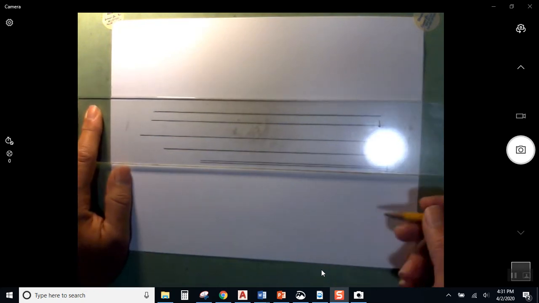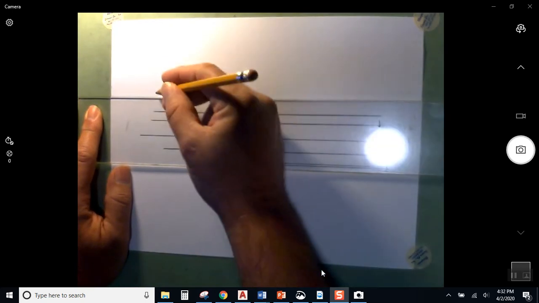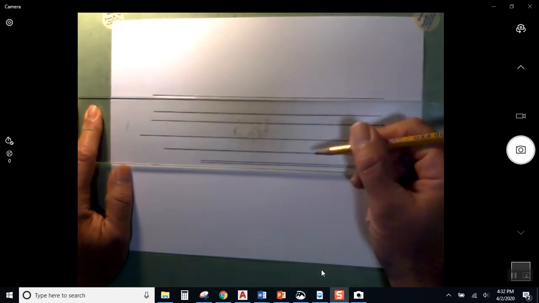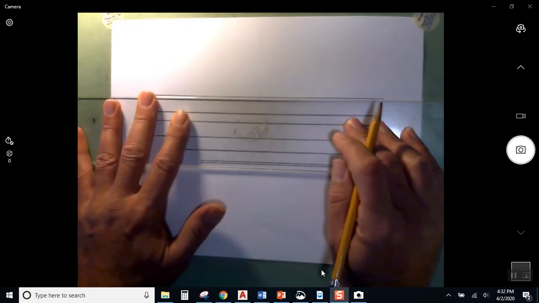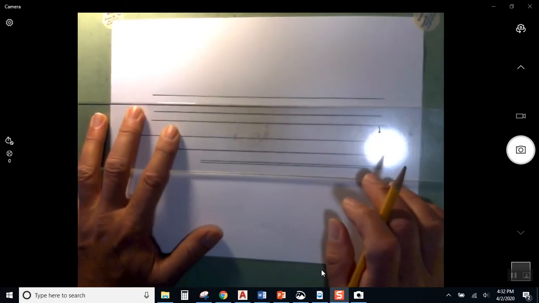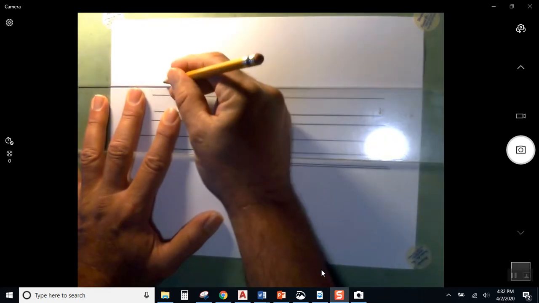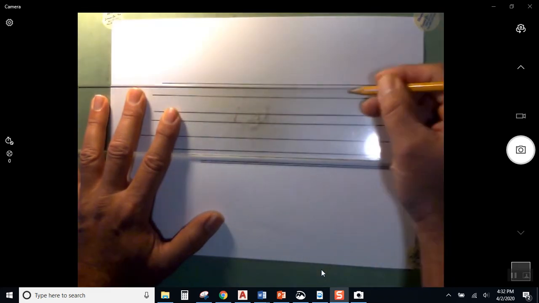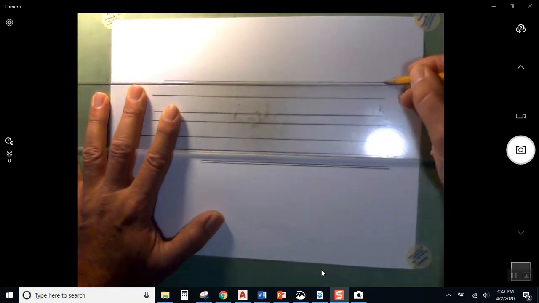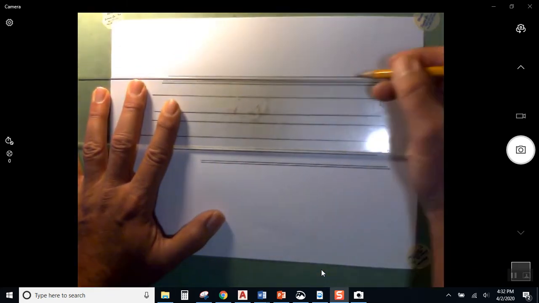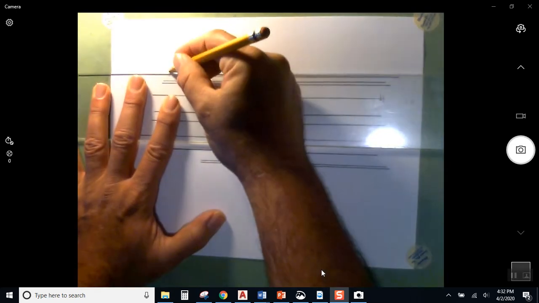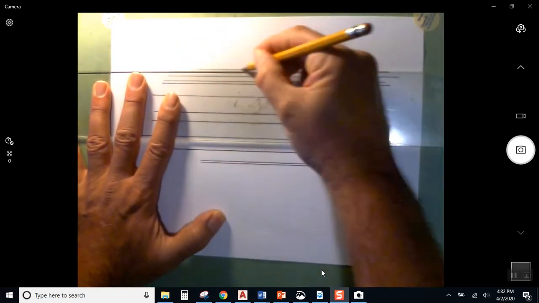So now look, you're doing two things at once here, and this can be a little tricky. I get it, but with a little practice, we can do this. So the proper way to draw these lines, if we're drawing horizontal lines, is you're holding the t-square with your non-dominant hand, you're holding your pencil with your dominant hand, and you're going to lean the pencil in the direction that the line is being drawn in. For example, I'm drawing left to right, so I will lean to the right, because that's the direction I'm pulling the line